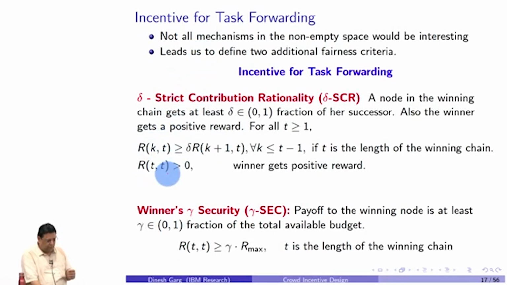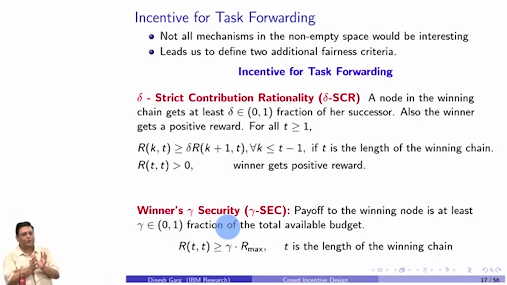Then the last property we define is winner's gamma security. What does it mean? That the winner should get at least a good amount of the total money available. Like in the MIT case, there was $4,000 per balloon, let us say roughly, right? So the person who spots the balloon is assured that no matter how long a chain I am sitting in, if I spot the balloon, I am guaranteed that I'll get $1,000. That's the beauty. Am I right? See, that's why there is an incentive. You don't have to worry whether you are the 1 millionth node sitting below in the chain. You are still guaranteed that you will get $1,000. Sure shot in the MIT scheme.